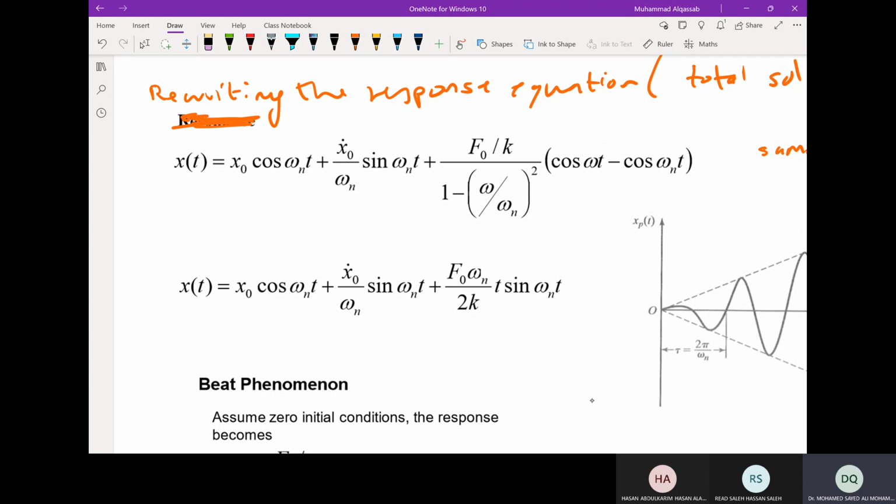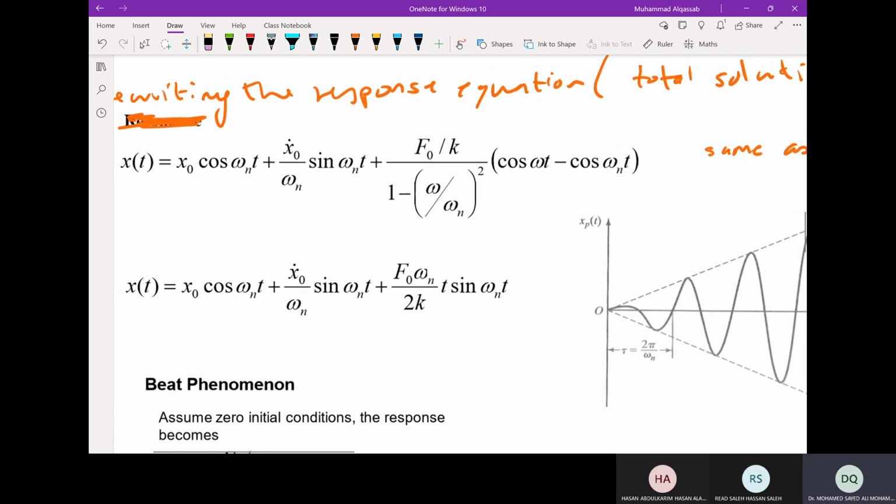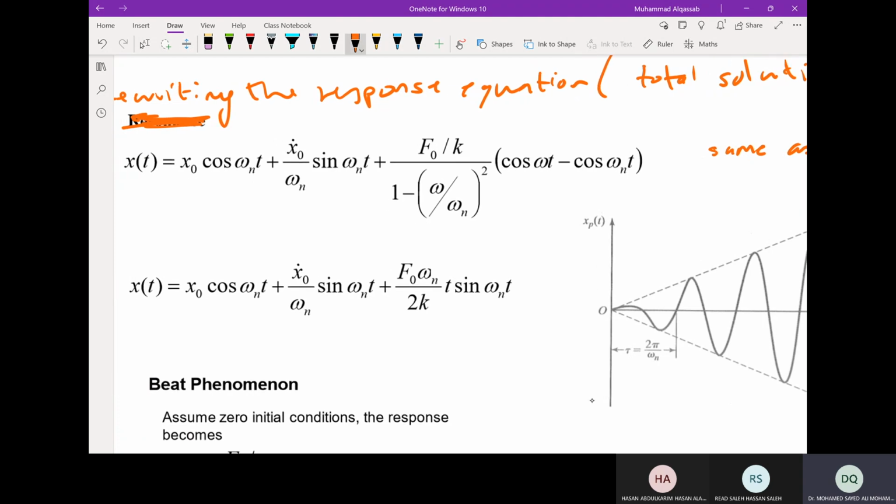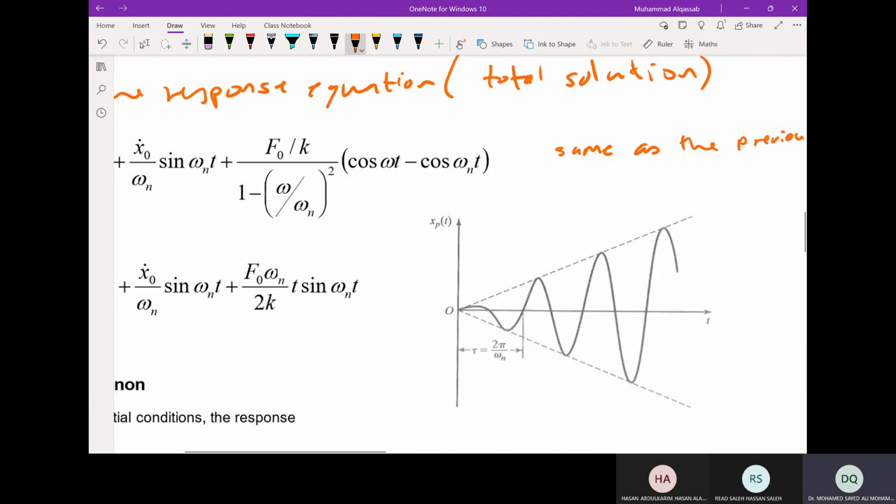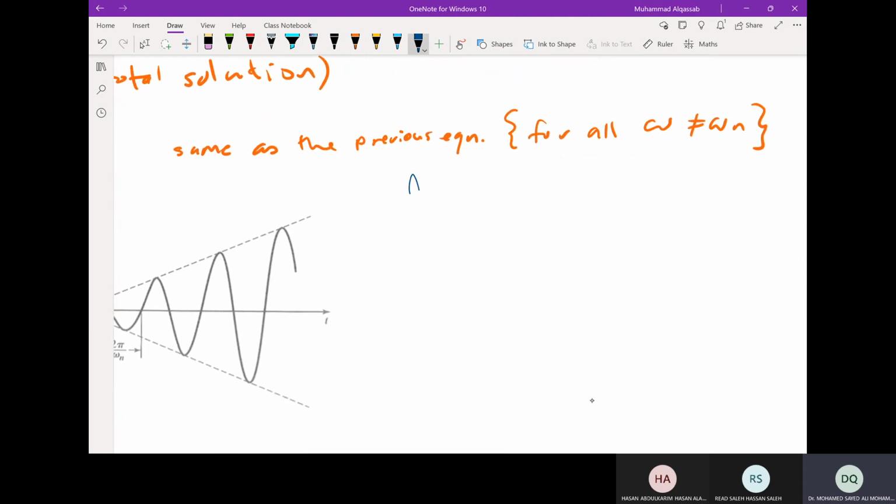Okay, so for this equation we have to use the limit, the L'Hopital rule, because we have a 0 divided by 0 term. We take the limit. So the first two terms are not a function of omega, so they will be the same. The last term is going to be affected. So I'm going to write this one here. So at resonance,